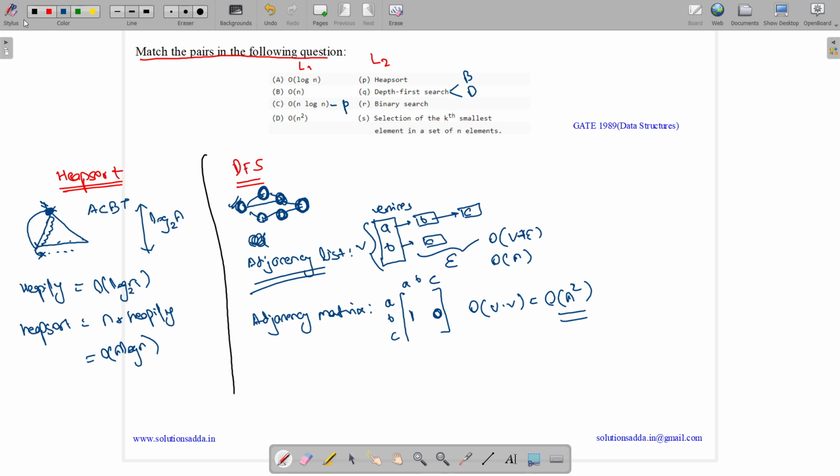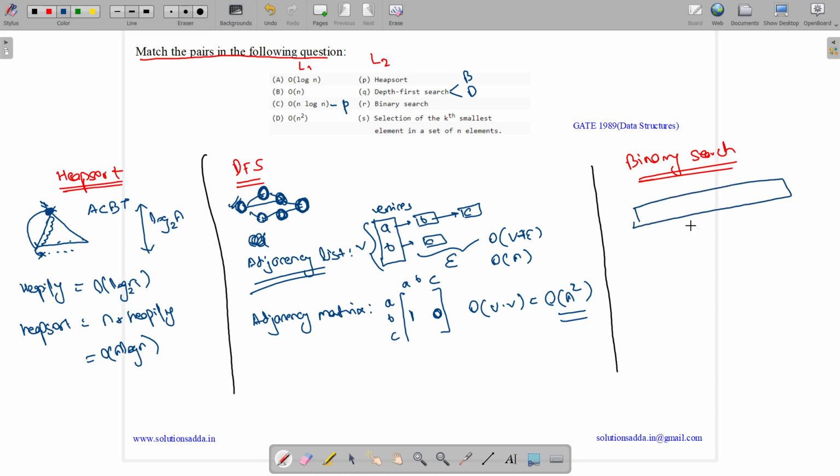Now let us see the next option. The next option is binary search. So what is binary search? In binary search, we would be given a list of items or an array. We will first come to the mid item. Let us suppose the items are 10, 20, 30, 40 as well as 50. Let us suppose we are searching 8.